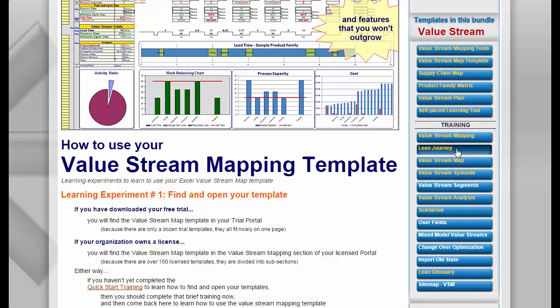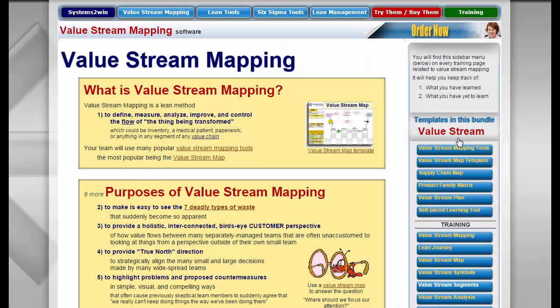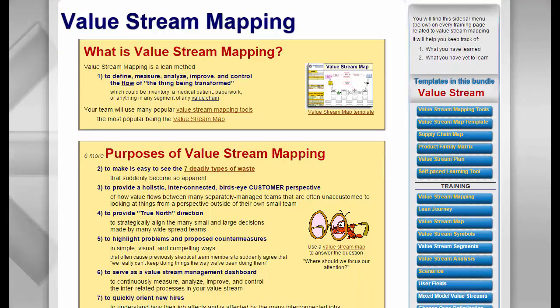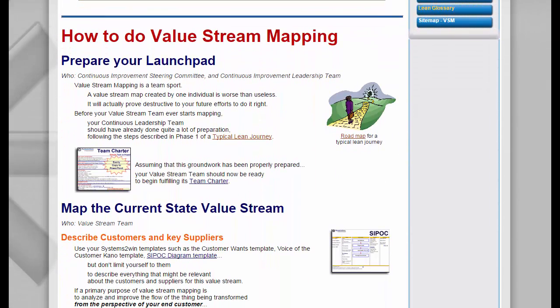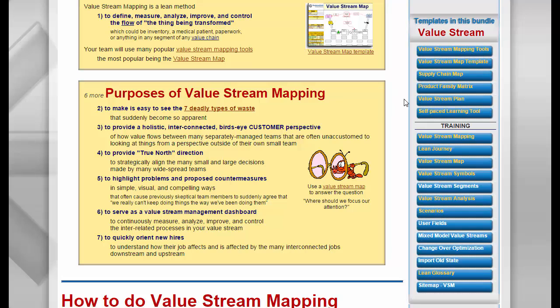This top link takes you to the value stream mapping training home page, which starts out with the definition and purposes of value stream mapping, and then the rest of this page is all about how to do the process of value stream mapping. So this one was about how to use the template.